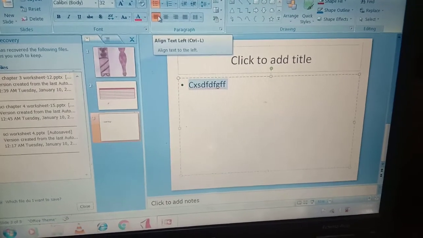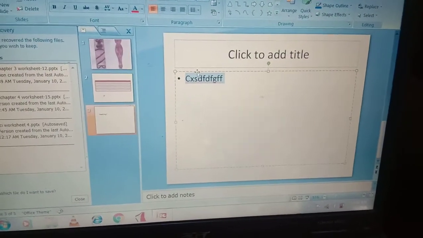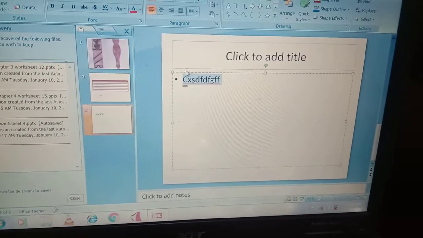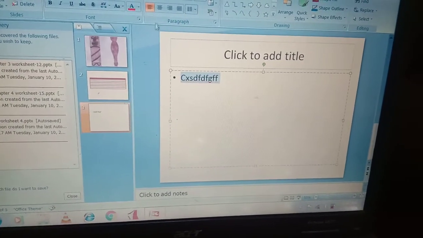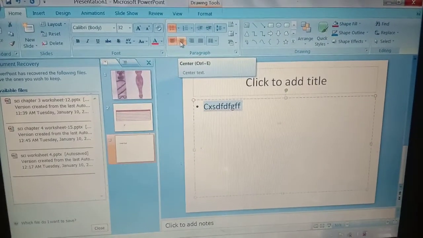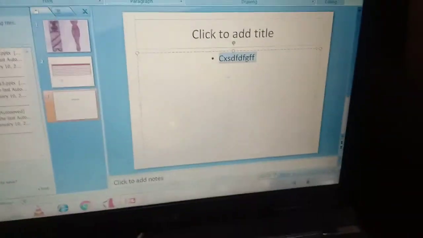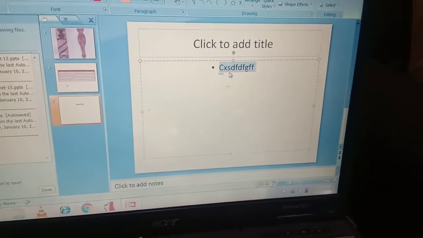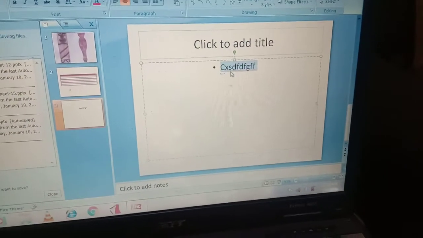It is already left aligned. This is left aligned, where the text is aligned toward the left. Second is center aligned. Can you see this? This is center aligned. The text will be in the center of the slide. This is called center alignment.